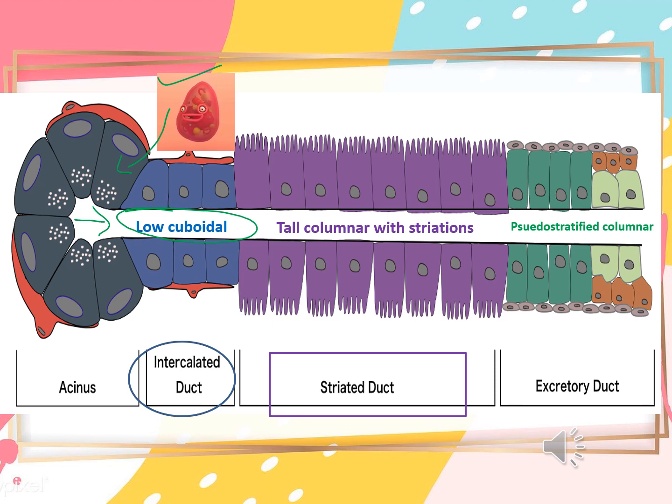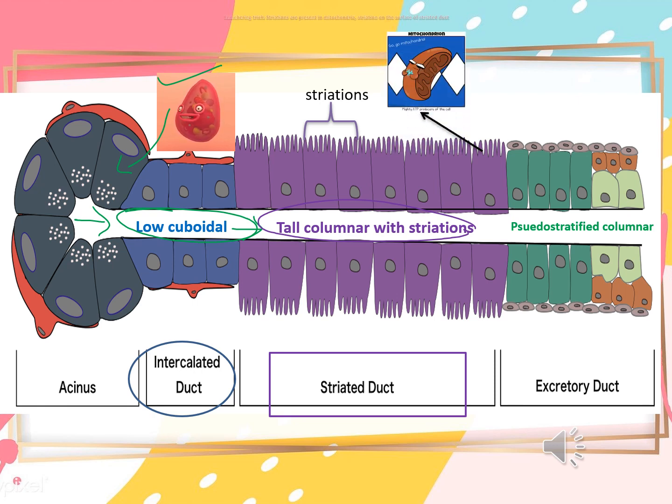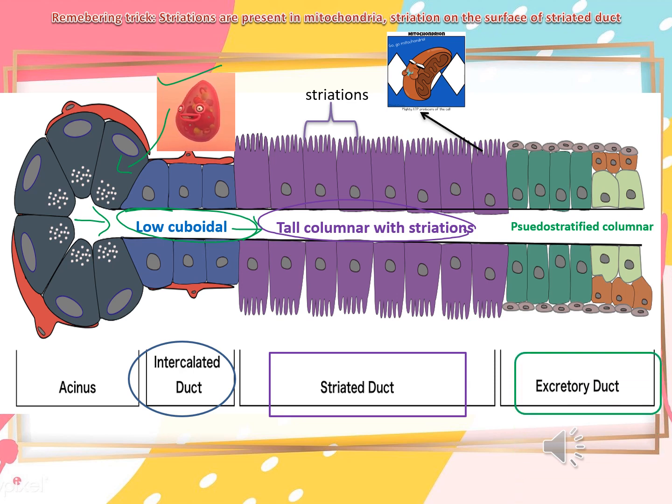From the intercalated duct, the saliva then flows into the striated duct. Now, the striated duct is the largest part of the ductal system, and it is different from the intercalated duct as it has striations on the basal end of the cell, and moreover the cytoplasm is abundantly present in the cells of the striated duct. The cells of the striated duct are tall columnar cells. The striations present on the basal end of the striated duct cells are nothing but enfoldings of the plasma membrane, and between these enfoldings there is an abundant amount of mitochondria, and because of these mitochondria those striations are seen.